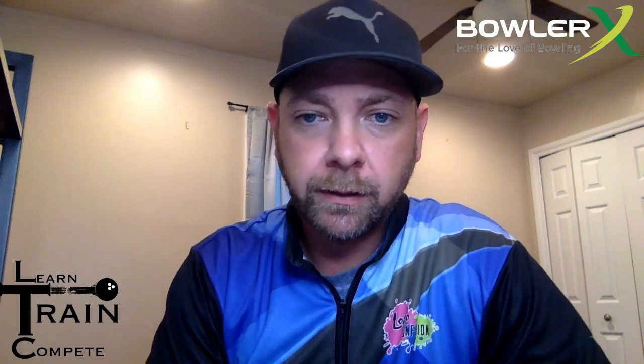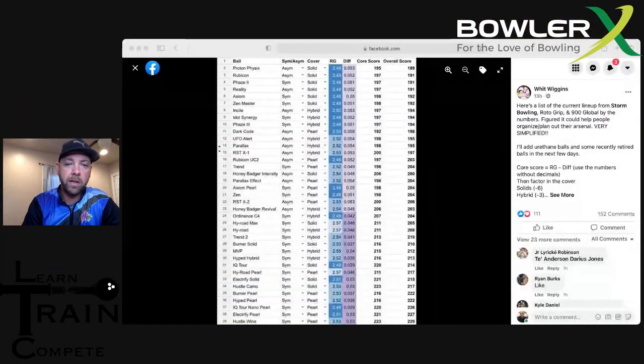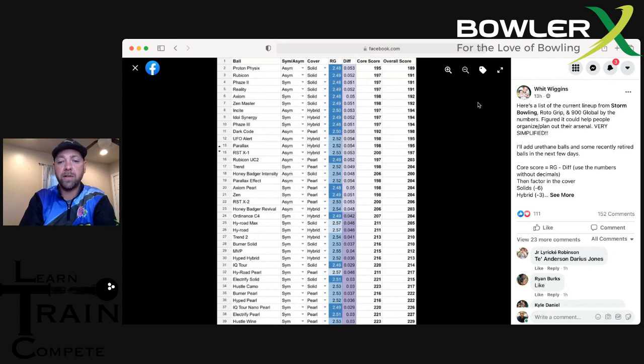This is a group, I forget which one it was, but let me share this real quick so you can see. On Facebook, there was a post, and Wiggins made a post. This was in Storm Bowling, a group about Storm bowling balls. He put his own spreadsheet together, and I commend him for doing this. I think this is really cool, a very good idea for being able to organize all your balls. I hope he doesn't have all these bowling balls, but maybe he does. If so, cool, great. But again, this is just a simple thing that we need to look at.